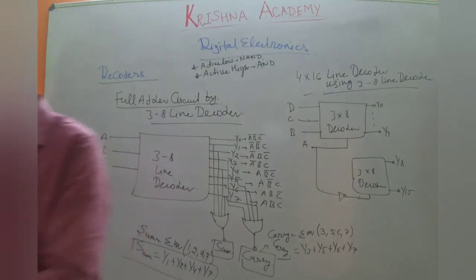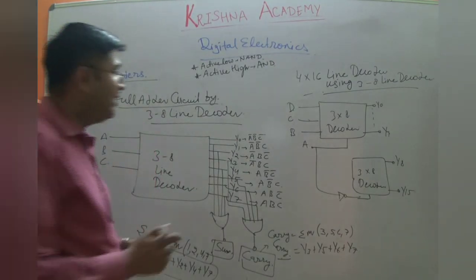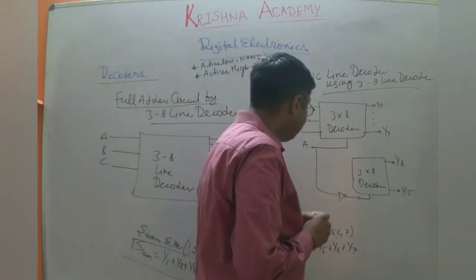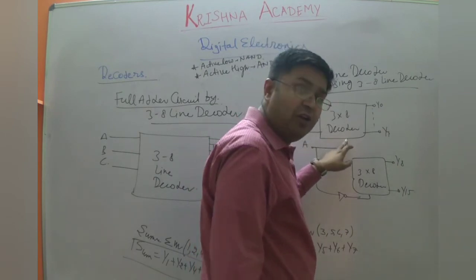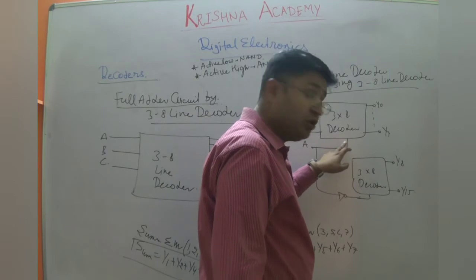Now you can see this. In this particular diagram, you can see that we use A, B, C, and the enable of this particular decoder